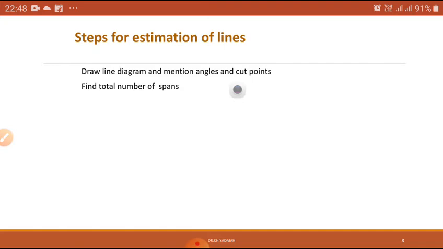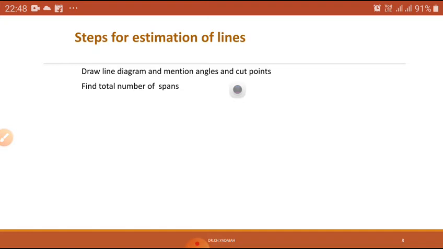After finding the length, next calculate the total length of GI wire, 8 SWG GI wire. That is only a single wire. It is going to run to protect the earth. Next, find the number of pin insulators. In normal running condition, running line, we require the pin insulators. At dead ends, at corners, at angles, we are going to use the strain insulators. In this case, LT, we are going to use the shackle insulators.